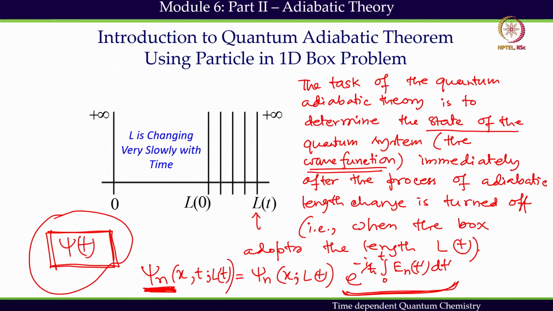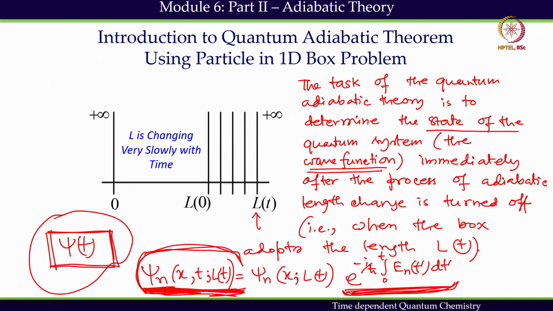One may say that the final wave function is given already here. This is not the final wave function. This is each state, how it's behaving. We do not know what will happen to the particle after the expansion, whether it will stay in the same state or it will go to some other states, we don't know. So the only information we have is that each available state is accumulating some energy,